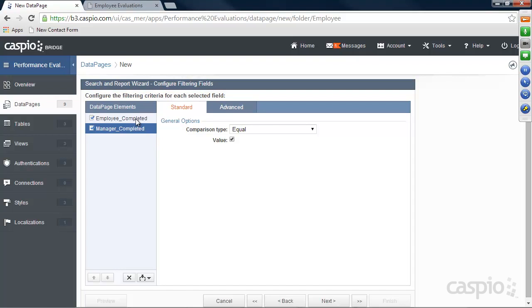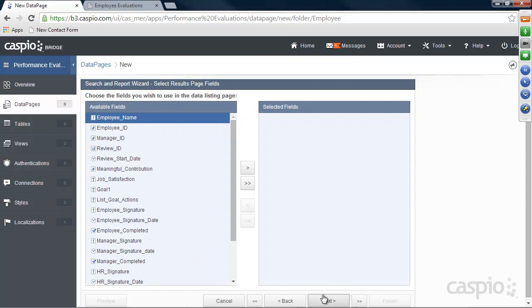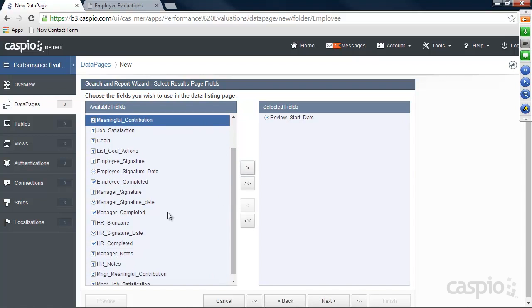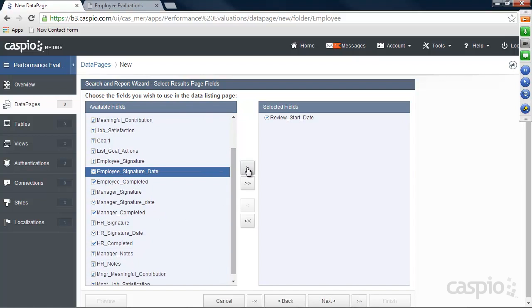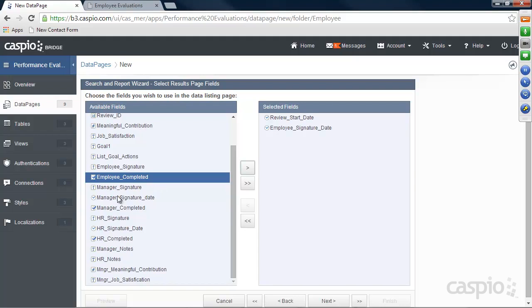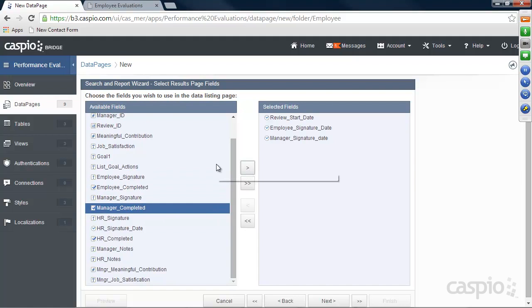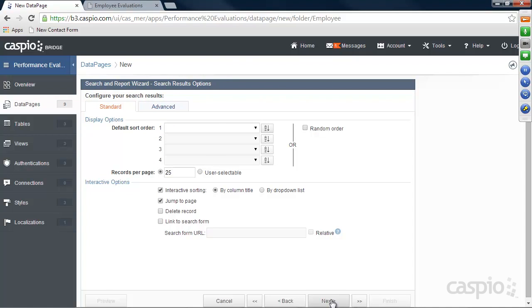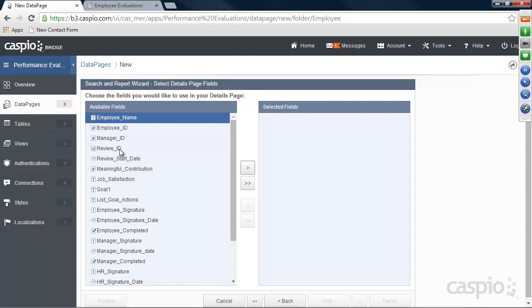I'm going to show my review start date, review end date, manager end date, when they finish my review, and that's all I want there. Let's click on next, next. Let's go to the details page, and now you just have to organize your details page how you want that data presented. So start date,